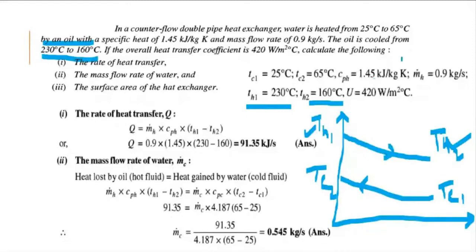Yes, sir. Okay. So for the data, they have given you all the four temperatures: TH1, TH2, TC1, TC2. TC1 is given, TC2 is given, TH1 is given, TH2 is given. Since all the four temperatures are given, can you find out the logarithmic mean temperature difference, LMTD? Yes, sir. Okay. So do one thing, find LMTD and tell me what LMTD is equal to. We will check the answers.